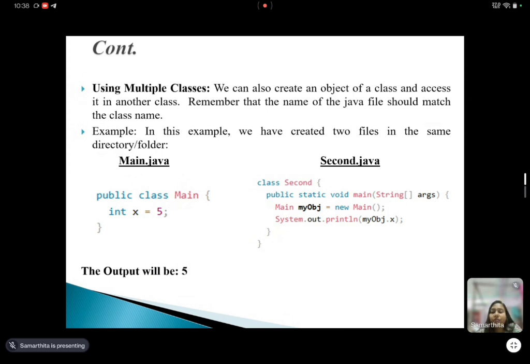The public static void main means this is the entry point of any Java program, okay? And here I have created my object equals new main, and then the print statement will print my object dot x. So what will be the output? Yes, correct, integer x equals 5. So the output will be 5.